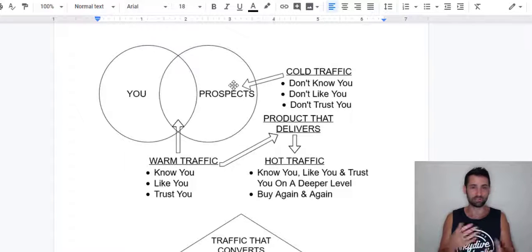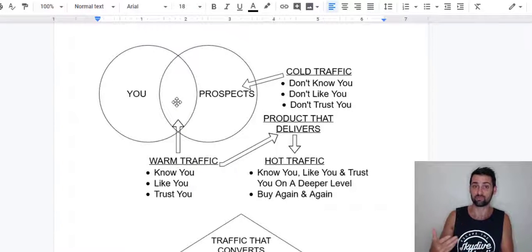When they come across you, they're probably a little bit skeptical. So you need to be able to create content that bridges that gap, that actually makes them feel comfortable with you, gets them open to hearing what you say, and starting to get to know, like, and trust you. That's when they start to become warm traffic, because people do not buy from people they don't know, like, and trust. So the ultimate goal is to create content that gets people in that frame of mind, that opens them up to you. And that's when you can sell to these people.